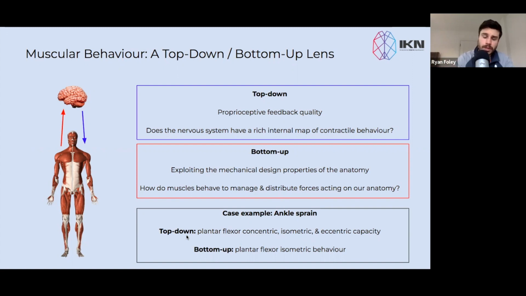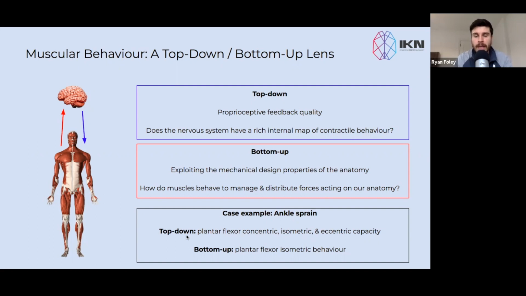Okay, so what we do have across our movement system is features that enable our anatomy to have much faster, much quicker responses to manage these forces, manage these perturbations. And while those features or the responses from those features might not necessarily be enough to manage those forces on their own, what they do is they buy our system time to allow for top-down muscle activity to make the necessary changes then if they need to be. Okay, and these features are a combination of preflexive features along with the mechanics of the anatomy, the mechanical design